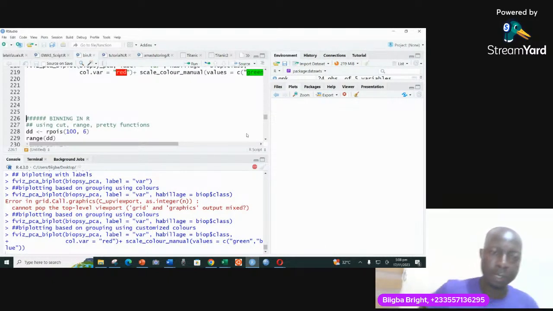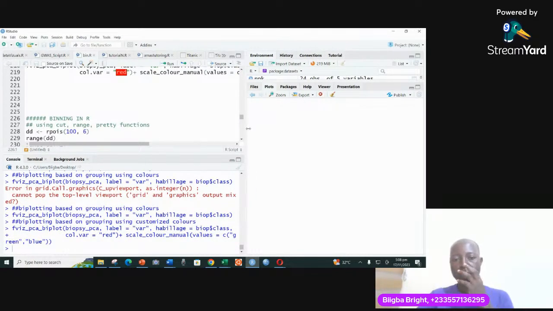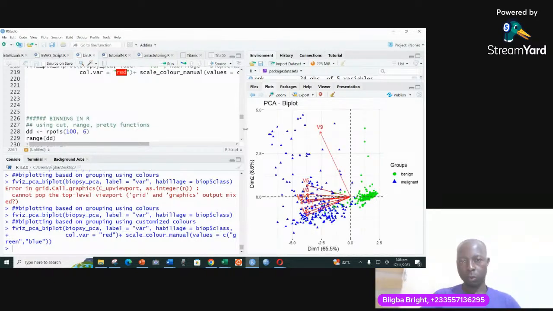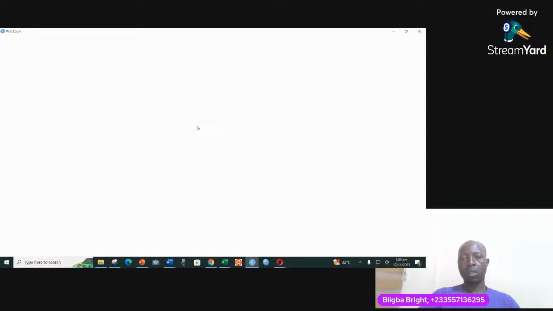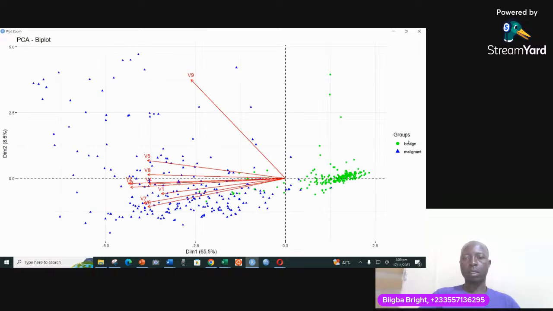It's taking a bit of time to print that out. And so, if we didn't also, so there you are. So you can now see that we have our groupings, which is based on benign, which is green, and malignant,